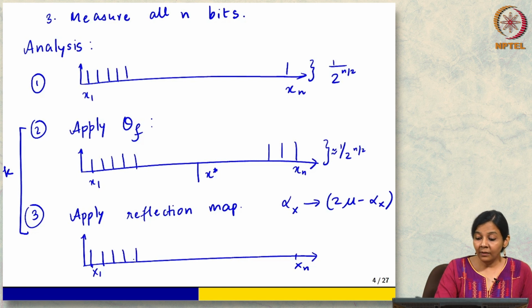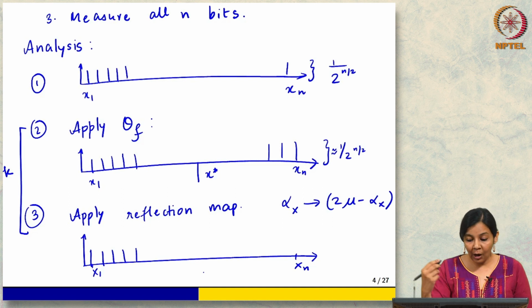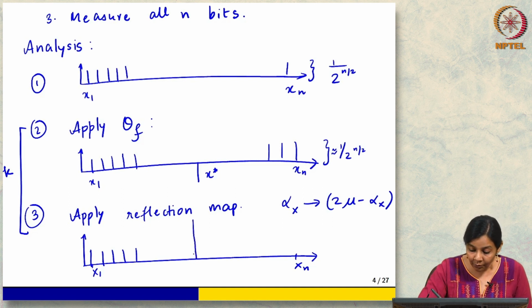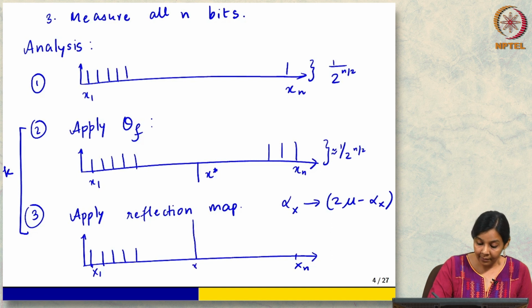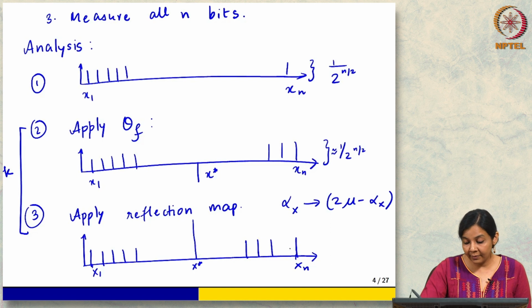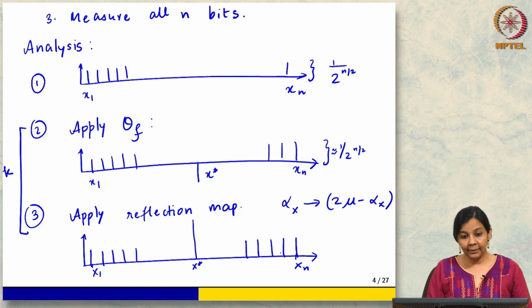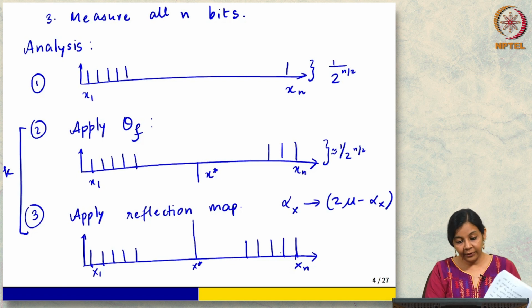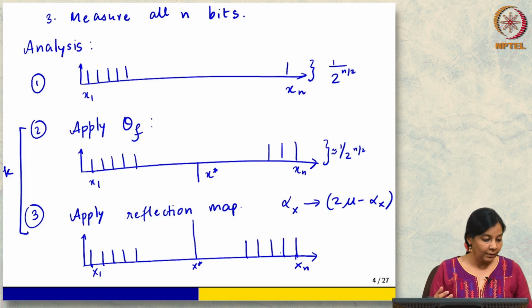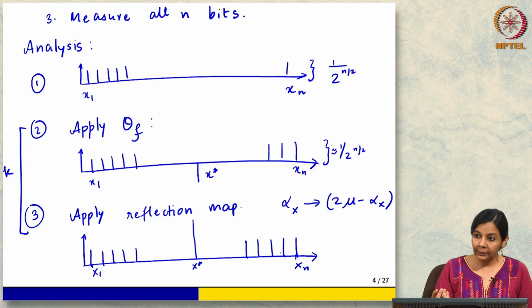But now this is the cool thing. What happens to this x star? What happens to its amplitude? It becomes greater, right? So now our x star is going to look like this, okay, and the others will more or less stay where they were. We are going to keep doing this. As I already said, we are going to perform this in a loop.